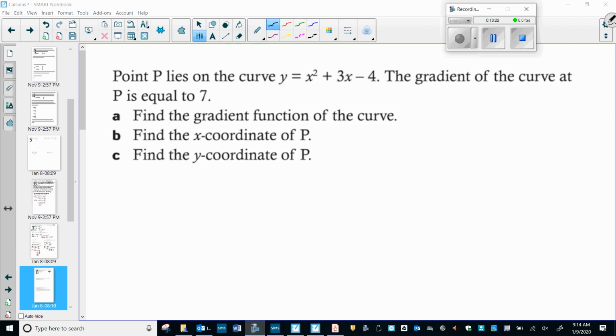All right, okay, so as I said, gradient function in this question means the same as find the derivative, so just recognize that that's what that means. Latanya, let's see if you've been paying attention today. So dy dx, I'll give you a clue, that's what we're finding. 2x. That's it. Plus